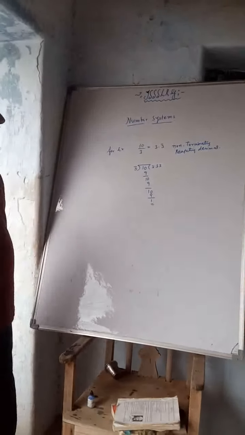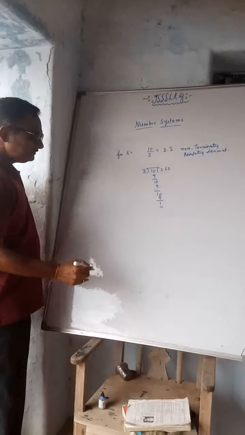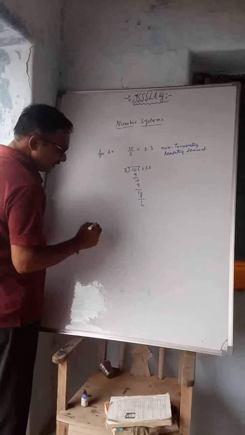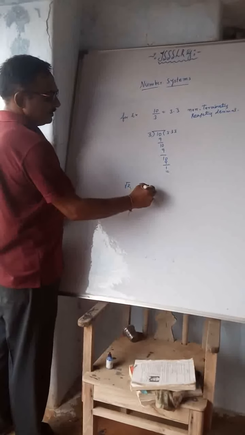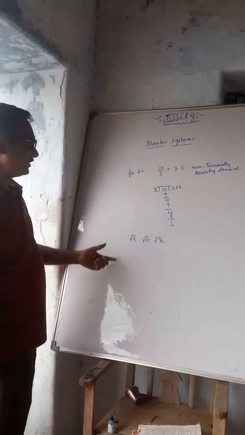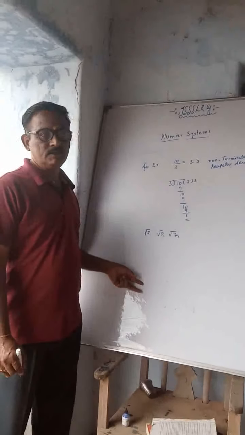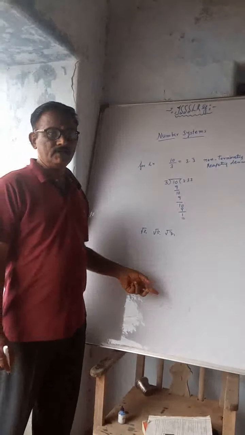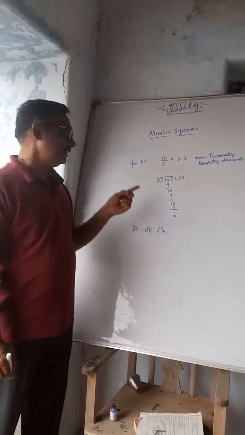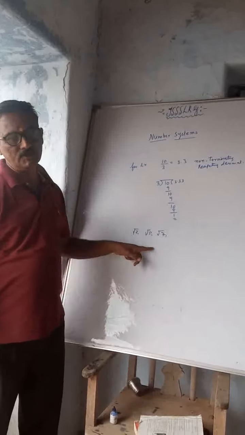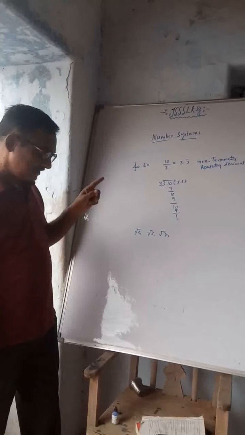Okay, we are going to take them as non-terminating repeating decimals. Now a few of the numbers, suppose we take root 2, root 5, root 7, and suppose we take the decimal representation of these numbers, we are not getting a last number and no number is repeating here. They are called non-terminating, non-repeating decimals. Such numbers we are going to call irrational numbers.